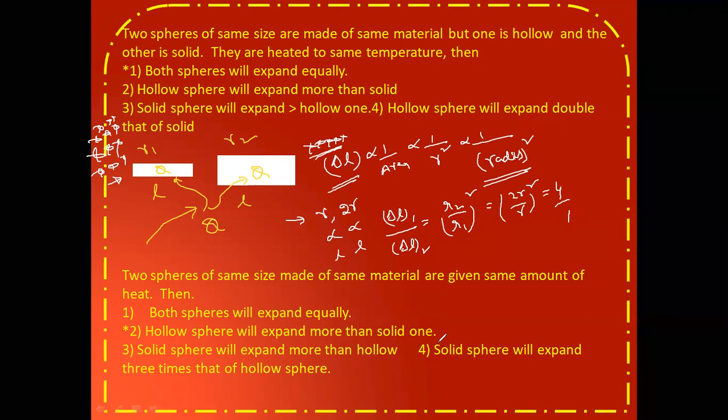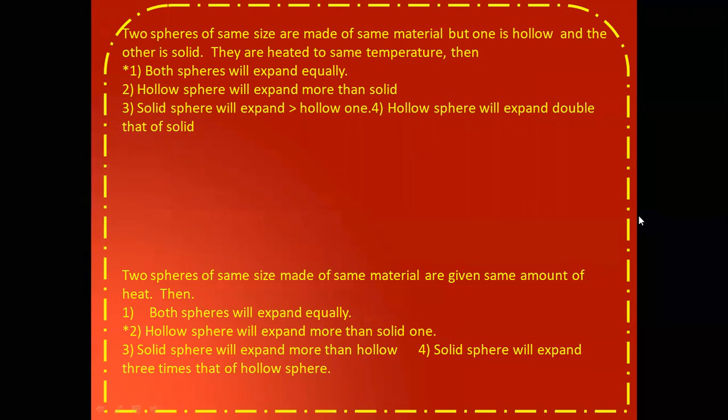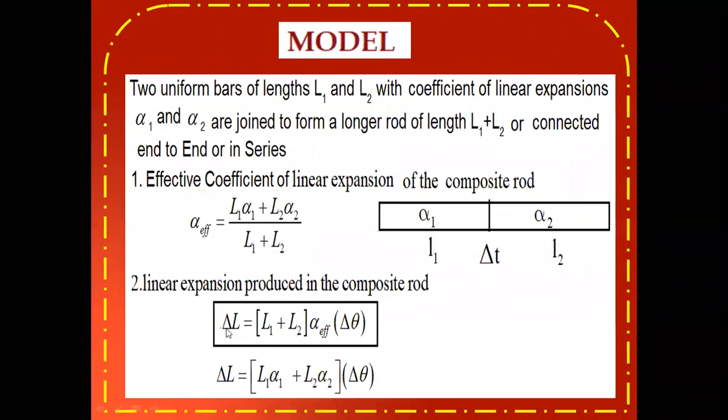Next one. This is a very important model. So many times it appeared in the final examination also. That is, when two rods are connected side by side, this is an end-to-end connection. If they are connected end-to-end,